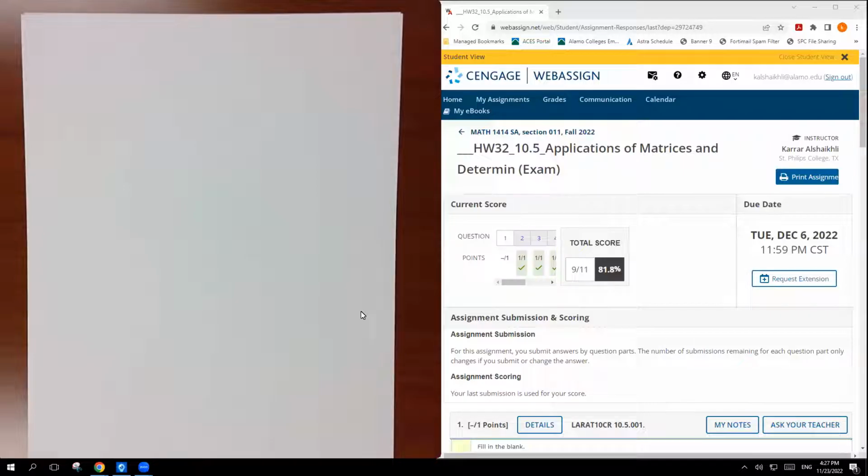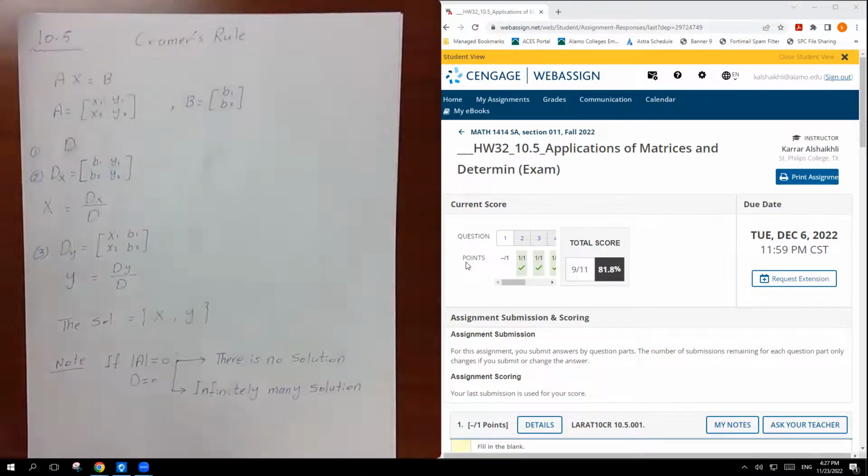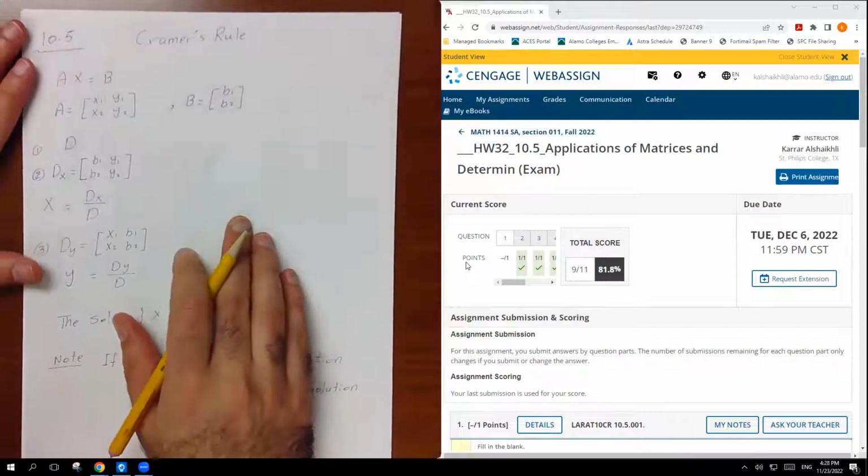Section 10.5, applications of matrices and determinants. So let's check the first example. Before we start the first example, we're going to use the Cramer rule. Cramer rule says,